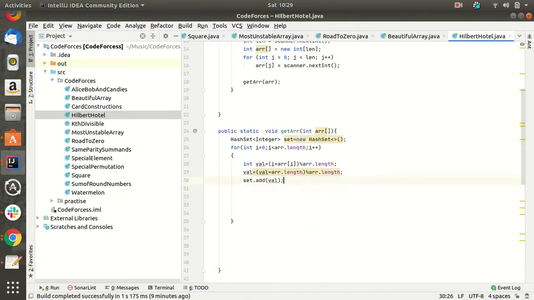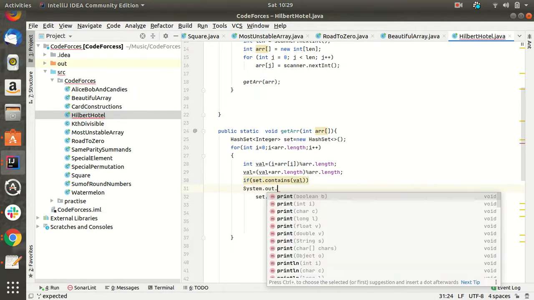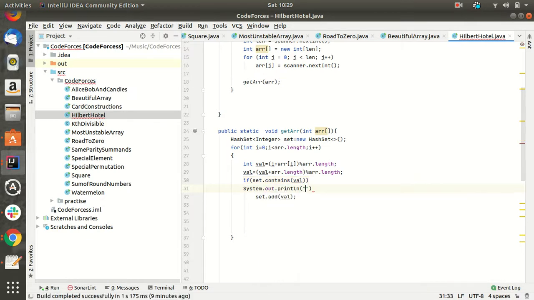What I can do here is, if set.contains(val), then System.out.println no, meaning we cannot place people uniquely, and we can terminate this.